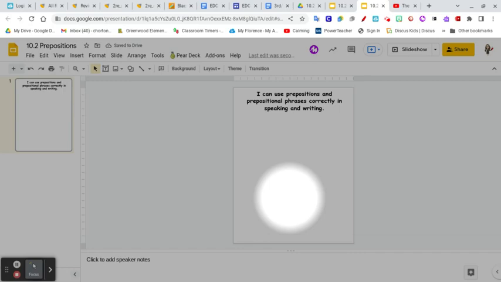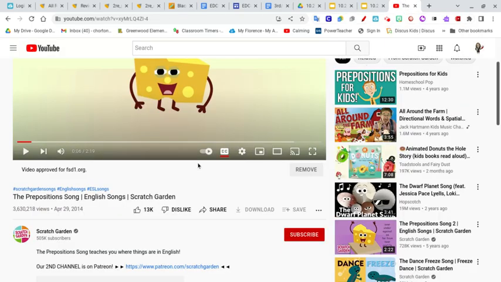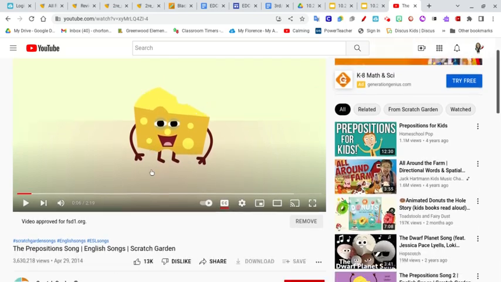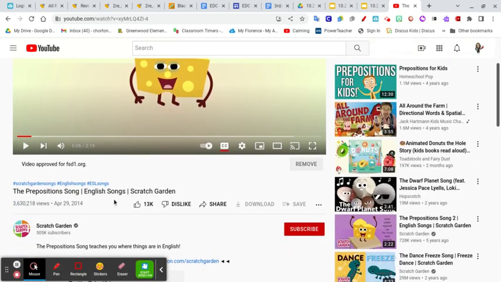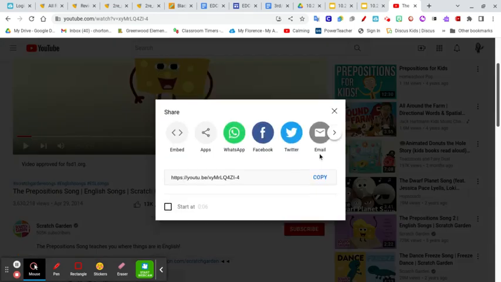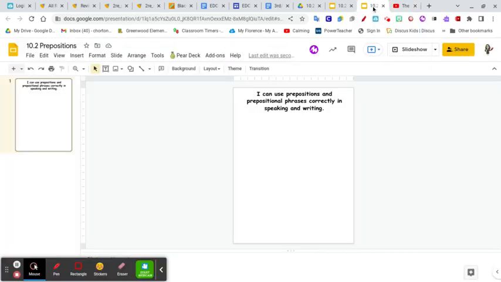Before I do the worksheet part of the slide, I want to insert a video, a little song that I have about prepositions from YouTube, the prepositions song, English Songs Scratch Garden. So I'm going to share, copy that link, go back to my slides,